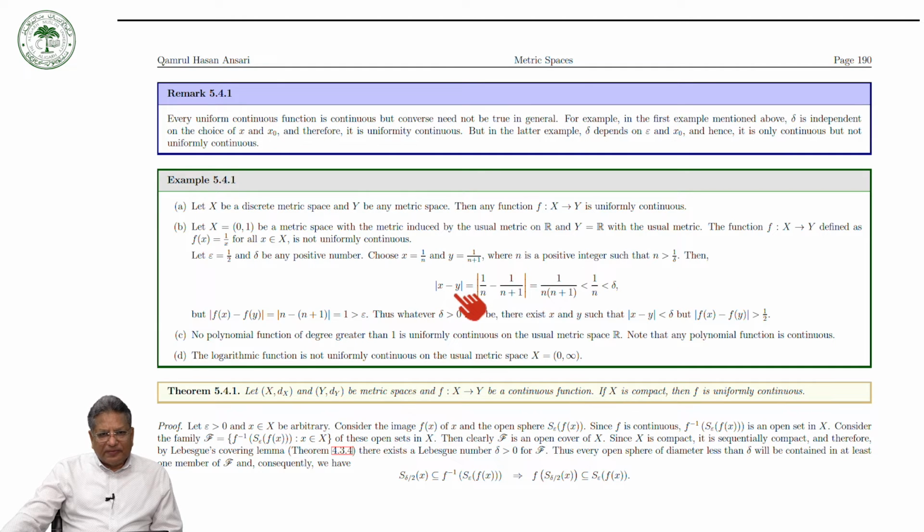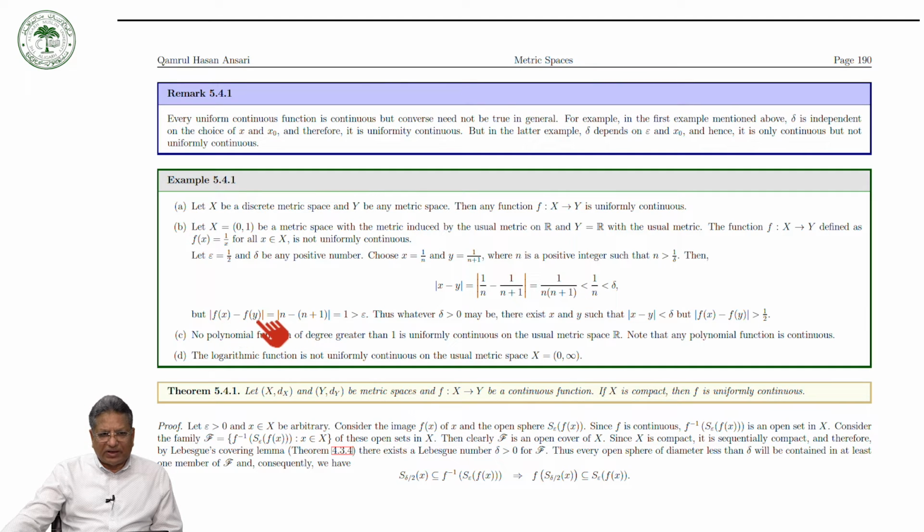x minus y is equal to 1 over n minus 1 over n plus 1. You simplify, it is equal to 1 over n(n plus 1), and this is less than 1 over n, and we are choosing n greater than 1 over delta, so 1 over n is less than delta. So it means that x minus y is less than delta, but you can see